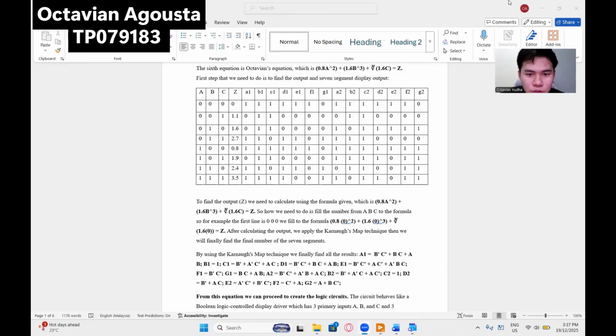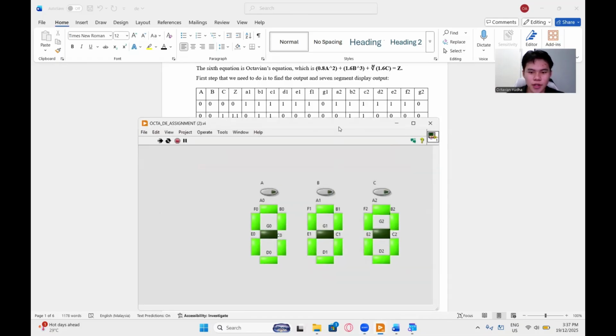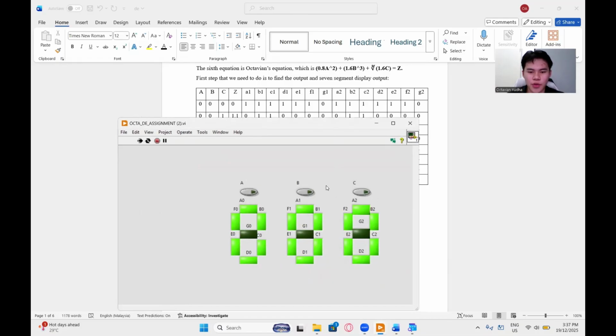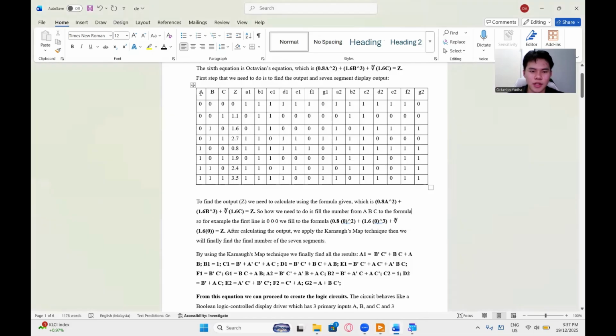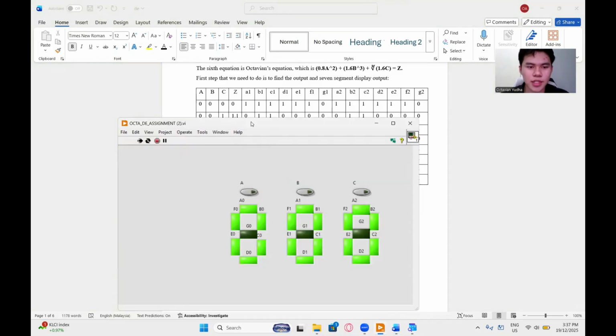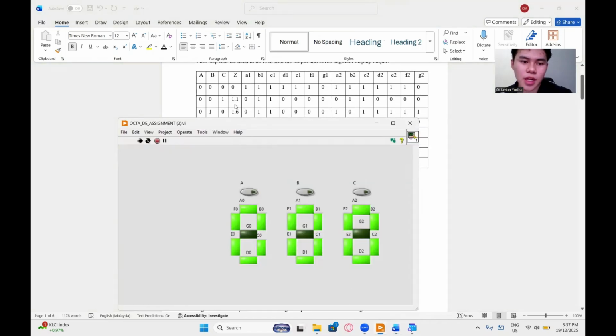Okay, hello everyone. So in this video, I'm going to explain how my work is going to work. Let me open the view first. So here you can see three equations. I wrote them as A, B, and C, same as here in the table, A, B, C. Okay, so how it's going to work is basically, let's move on to the first